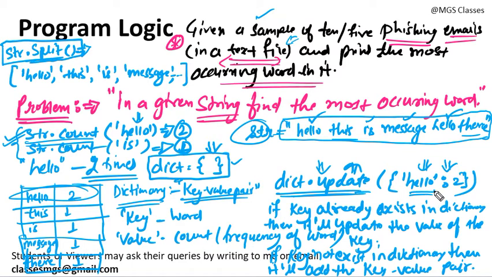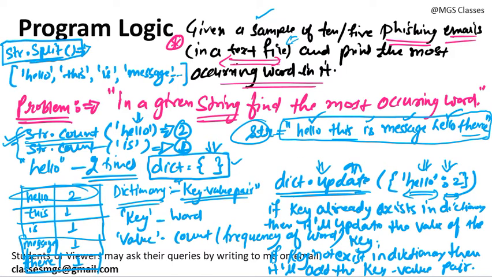If the key already exists, then we are going to update this particular value with the existing key, and if the key value pair isn't found in this dictionary, then initially it will add this key value pair in this dictionary. So that much you should know, and this update method will create a dictionary like this. So let's try to write the Python code now and explain how these things will work all at once.